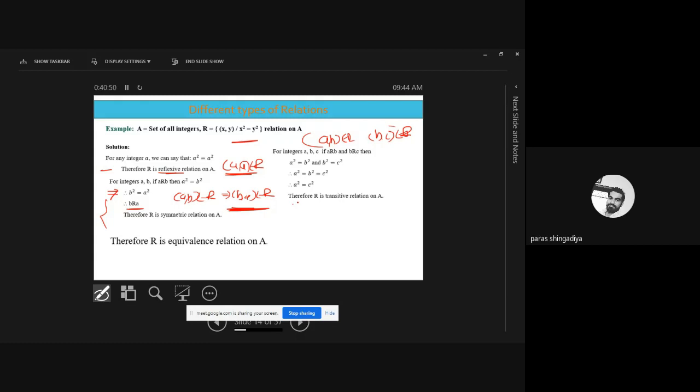What is the transitive relation, what is the base? What should be your base to prove a transitive relation? AB belongs to R and BC belongs to R. This condition you have first in the relation, and then think about the first number and the last number, meaning A and C. So what about A and C? Clear? You have to prove that AC also belongs to R.